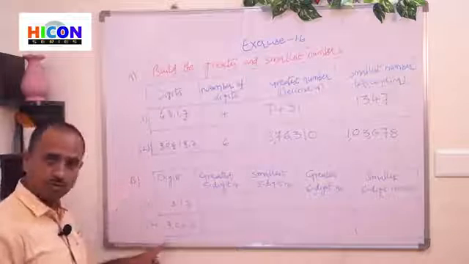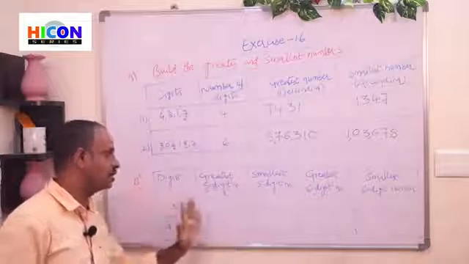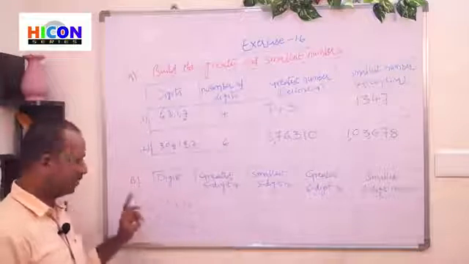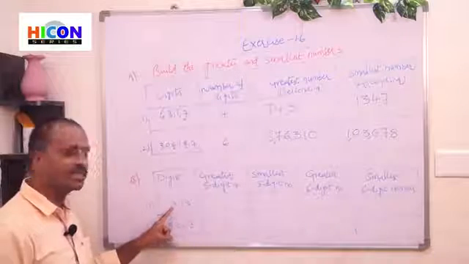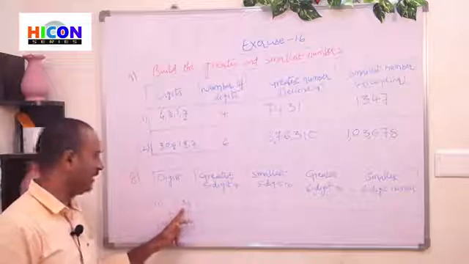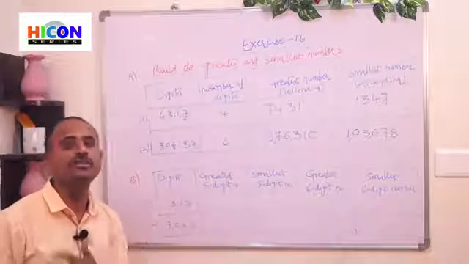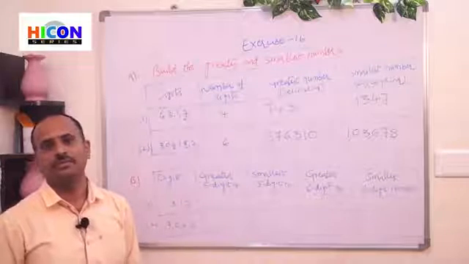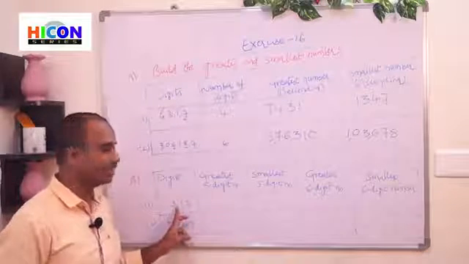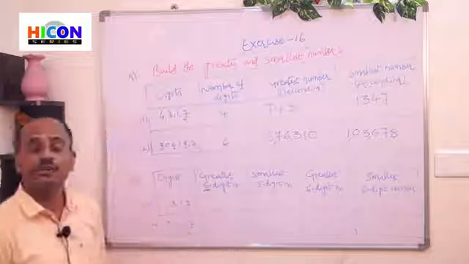There are also 2 problems given. Now we have to form the greatest and smallest numbers with the given digits. Here, see the first problem. There are 3 digits given in the first problem. The 3 digits are 3, 1 and 7. Now we have to form the greatest 5-digit number. There are only 3 digits, but we have to form a 5-digit number.